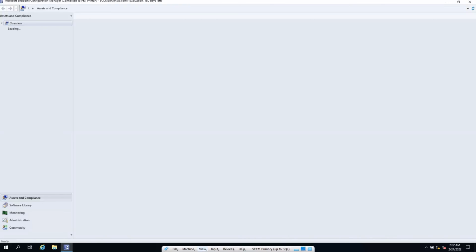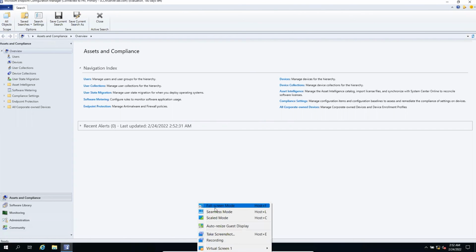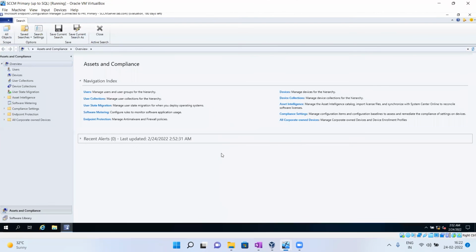Again, if you want to go back, go down, a pop-up will come. Go to view, exit full screen. Now it shows full screen here, easy to identify. Now the console is open.